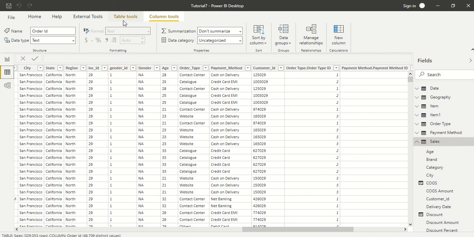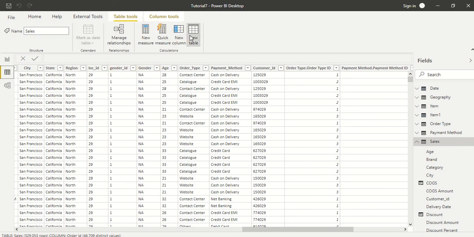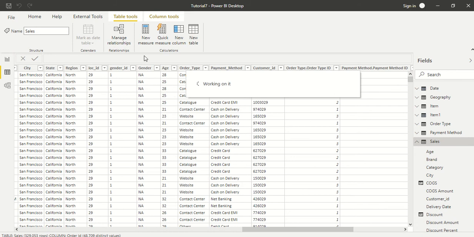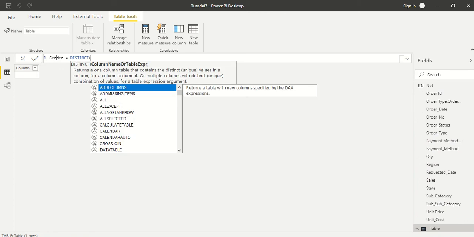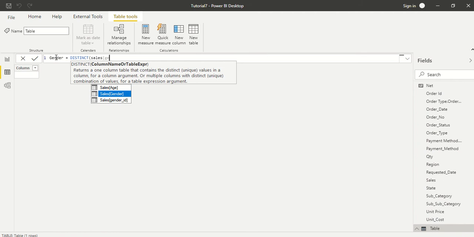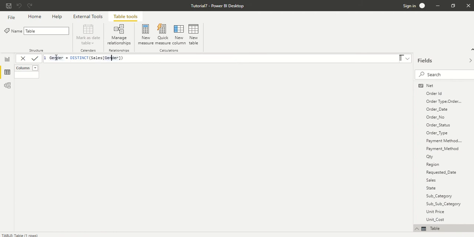So what we are going to do is go to table tools and say new table, and here we will call it gender table, and DISTINCT is the function which we are going to use, and DISTINCT Sales[Gender] is the one which we are going to take. Now this will create a table for us, but we would like to add a rank column.